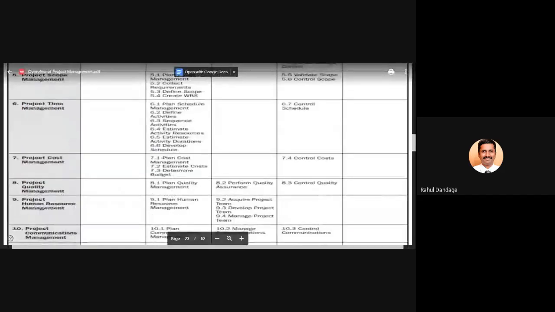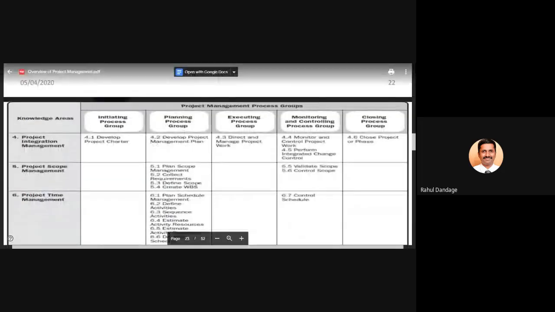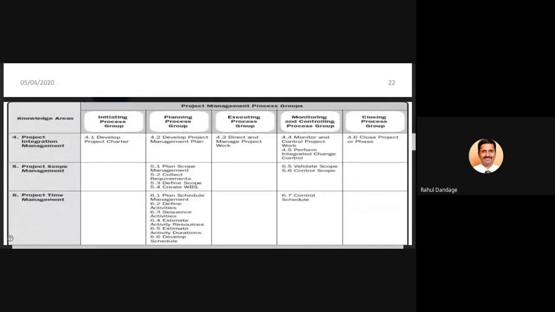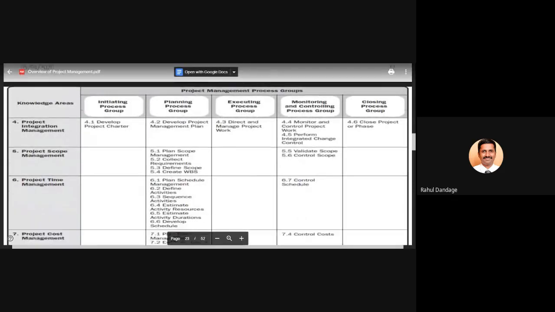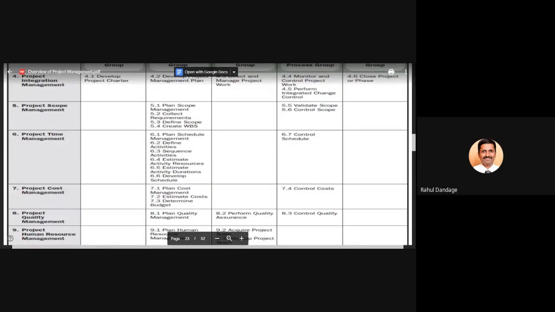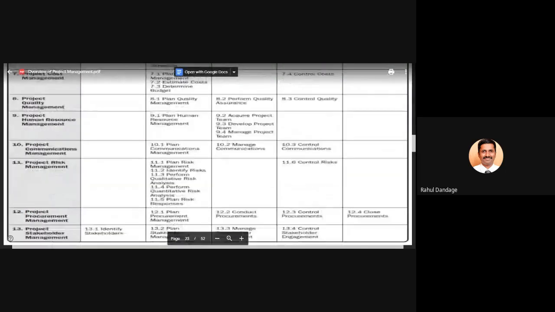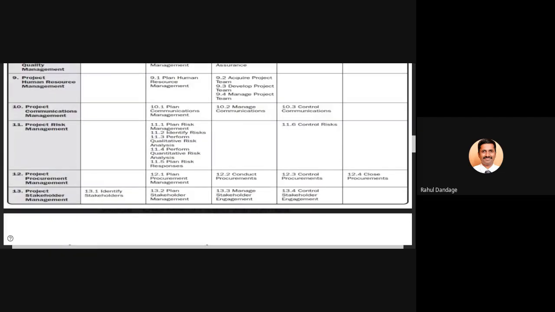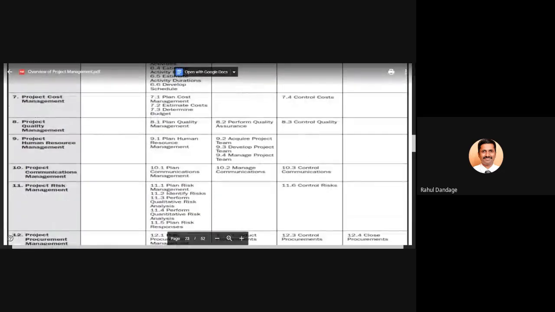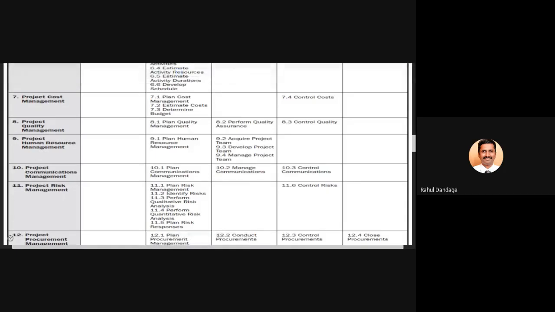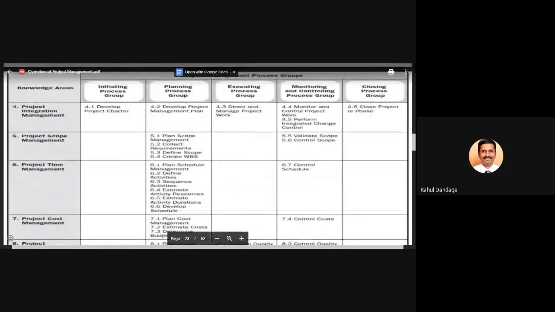Might be some people from IT may be more involved in the planning process group, developing the project management plan. There is a term called project management office, PMO. In the project management office, there is all this data compilation, communication, processing the data, and finding out the conclusions. So different activities are involved, and more software-based IT people may be involved in this particular phase of your project.